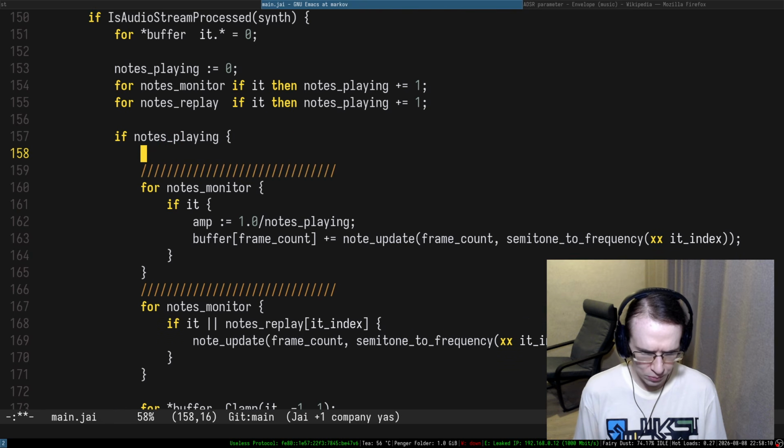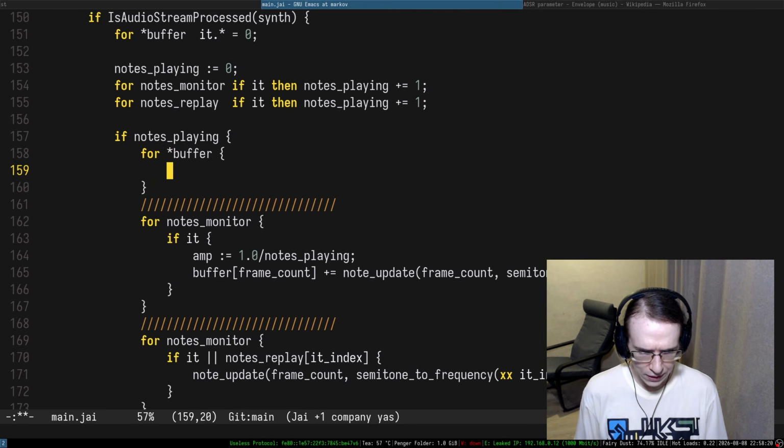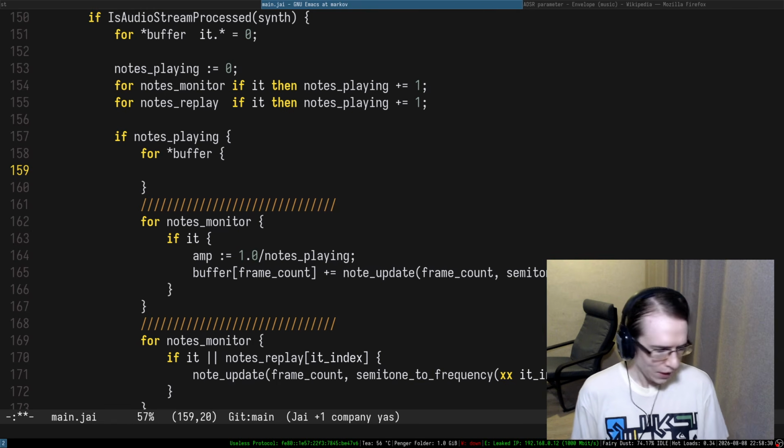Forget everything that I put below in here. And we need to update maybe the entirety of the buffer. Let's actually iterate the buffer, right? Iterate the buffer and say that I want to mix the current sample. What's interesting is that,